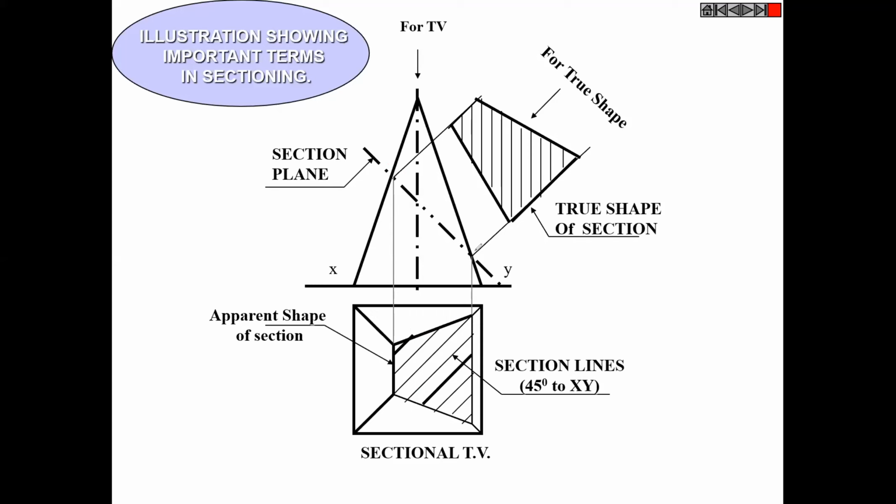Right. So we are making the true shape over here also. How to draw this kind of example, we will see in detail, don't worry. But this is just the concept of what we are going to do. We are going to cut this kind of solid, then make the front view and top view after cutting, and then we will make the true shape of the section, right? True shape of the section.